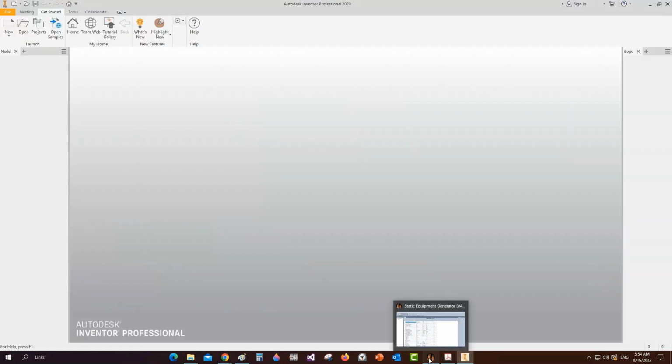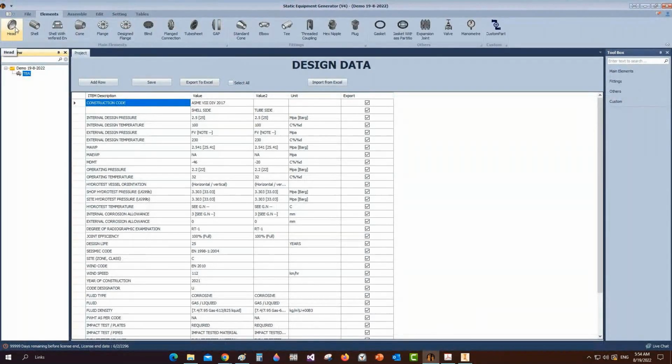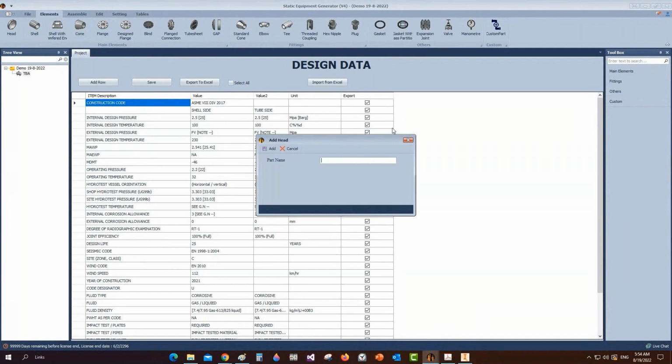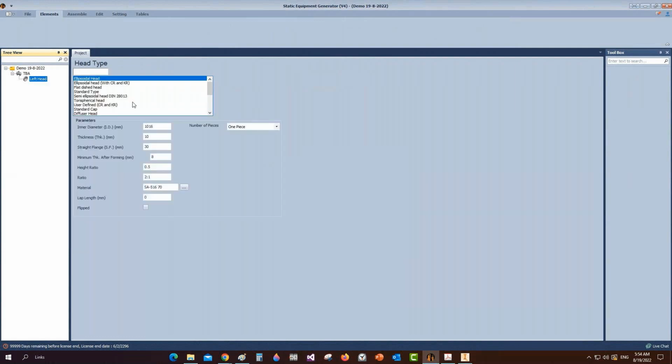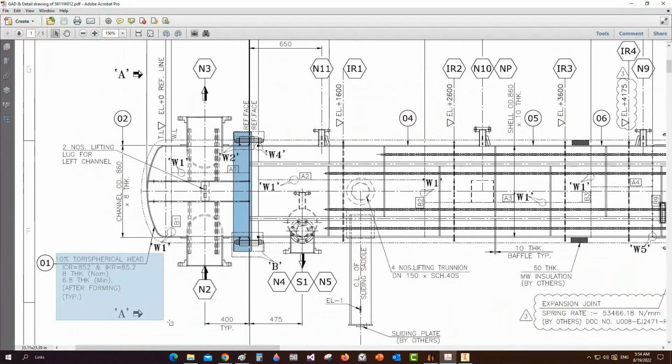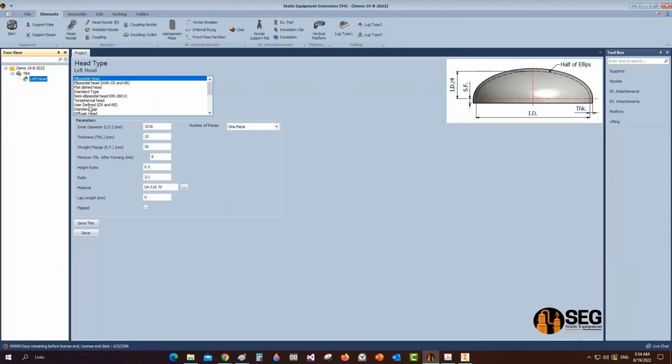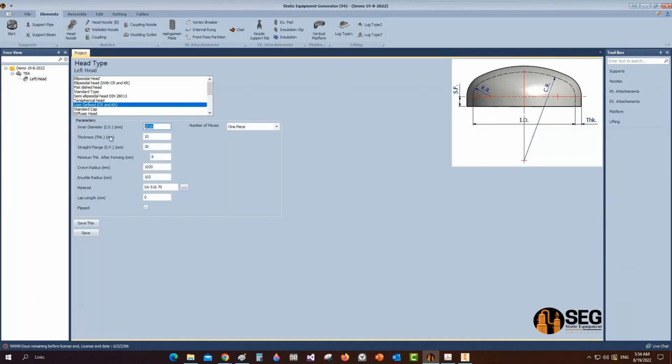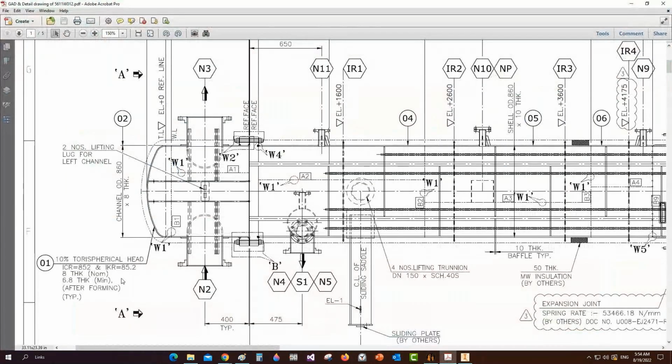From here, let's open SEG software, and from elements, let's add the first part, which is the left head. And from here, let's define the dimensions of this head. As defined here, this head is a torispherical head with defined crown and knuckle radius. So we will select from here the user defined crown and knuckle radius. After that, we will define the dimensions of this head, the thickness and minimum thickness after forming. And from here, let's define the crown and the knuckle radius 852,